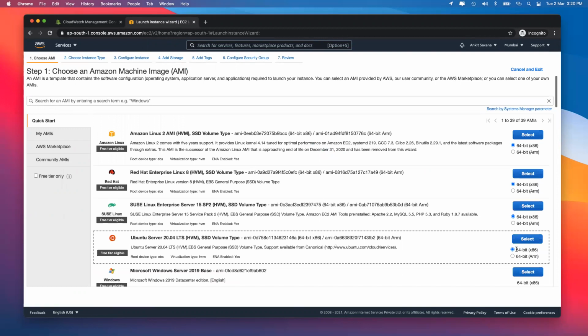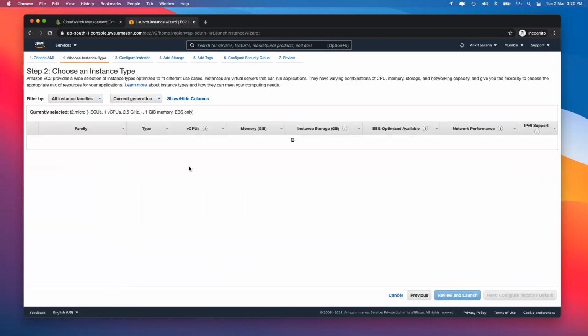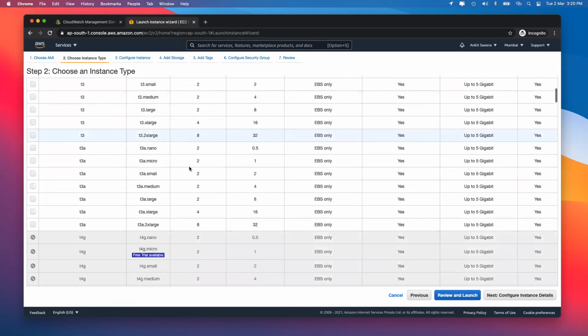Also, please pay note that you have both x86 and the ARM machines. So if the OS happens to work on x86, you will select this. If in case the requirement is for an ARM processor, you will select that processor. In my case, I'm just selecting an x86 processor, 64-bit. I click on next over here and I will go and create an instance of my choice.